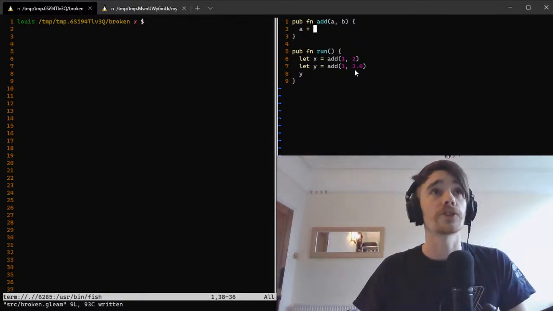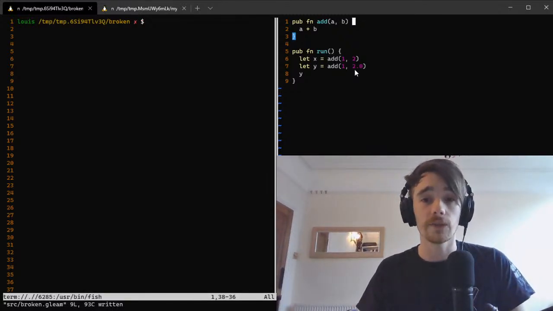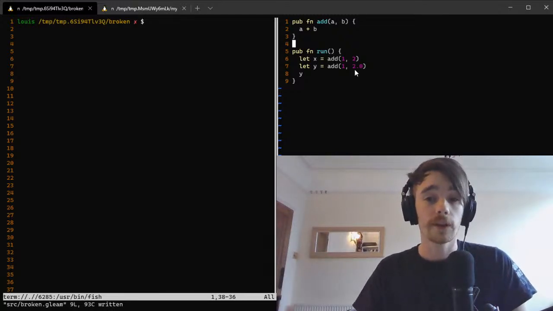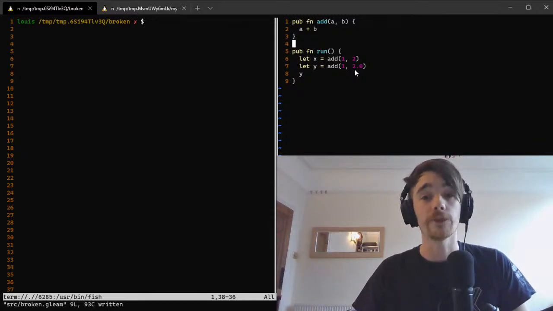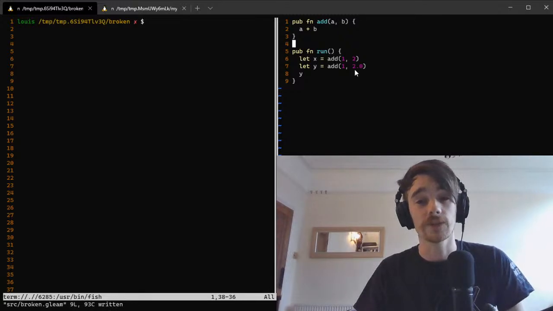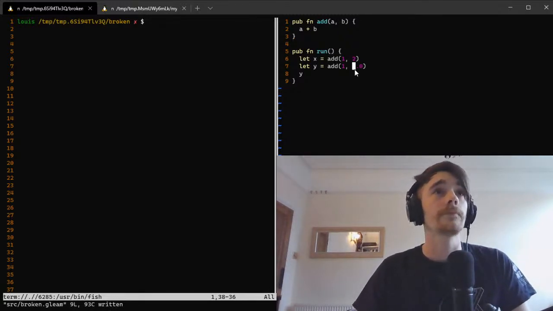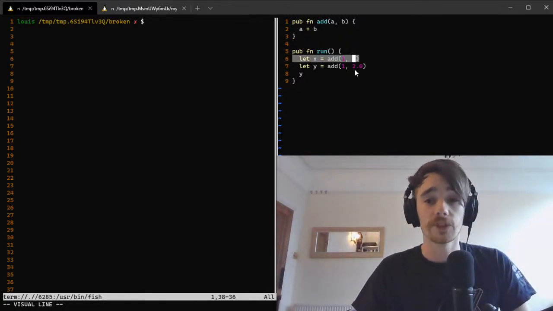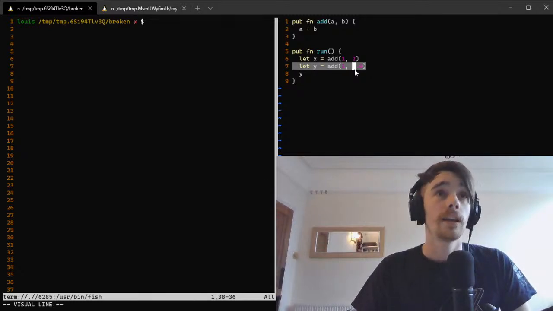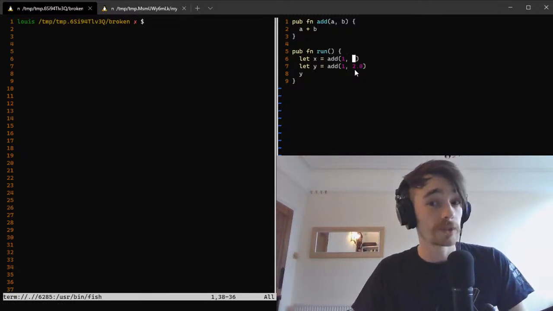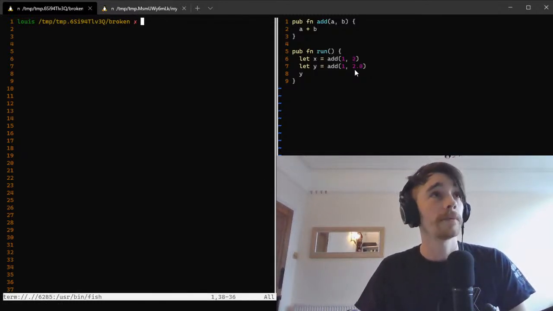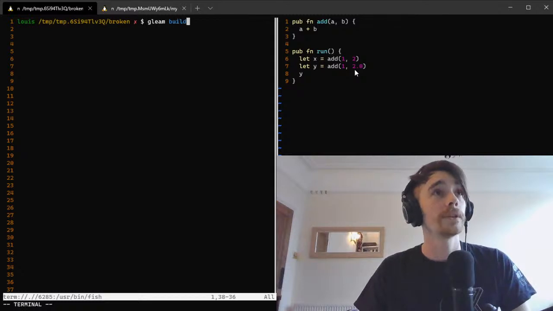It defines a function called add that takes two values, A and B, and it adds them together. And even though I've written no type annotations here, this is a 100% type safe program, because Gleam is clever enough to work out that if you try and add two things together, well, they've got to be numbers. So it ensures that they're numbers for the rest of the code. So here we add 1 and 2. That should be fine. Here we add 1 and 2, but 2 is a float. What's going to happen there? Let's find out. So if I build it using Gleam build,